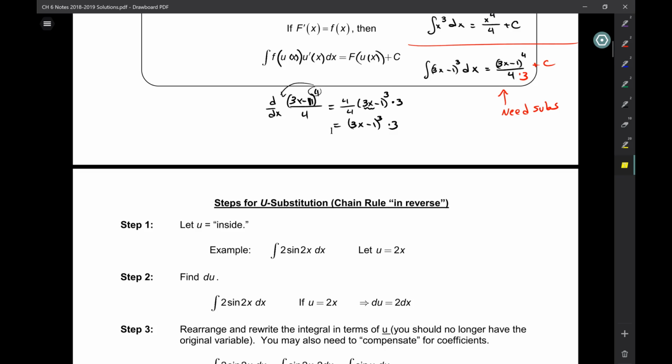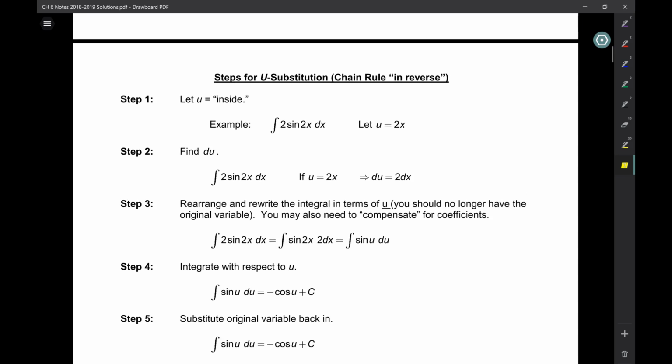3x minus 1. And what's the outside function? Something cubed. All right. So for u substitution, we say u is going to equal the inside function. So look at this function here, 2 sine 2x. This is what's inside the sine, so u is equal to 2x. So your first step is determine the u. This, for most of us, is the more challenging step. Okay? This is the one that you have to get right, and then it all falls into place sort of